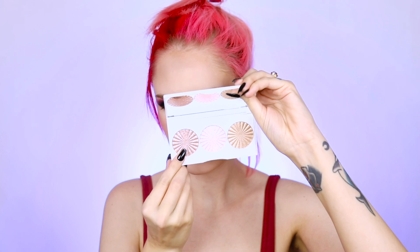For blush, I'm going to be using Buxom's Wanderlust blush in the shade Dolly, kind of a purpley pink. And while we're here, why not highlight? I know it's a doll, but I'm going to be using the OFRA Rodeo Drive highlighter,